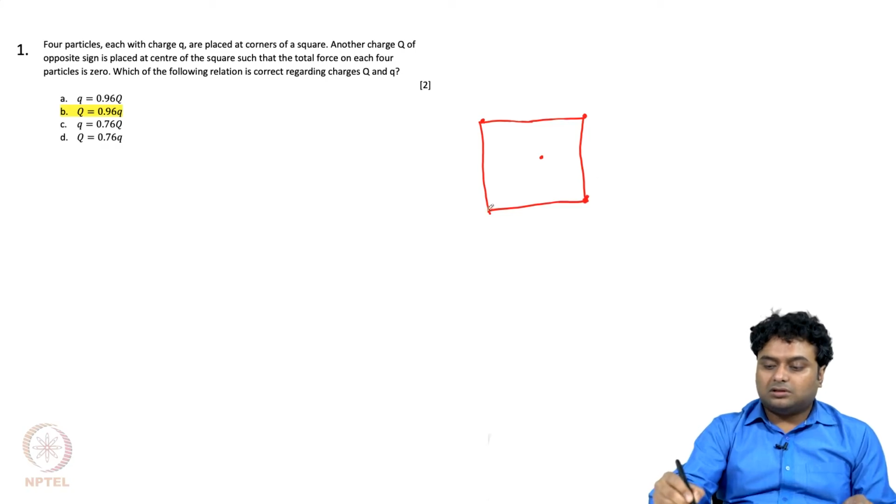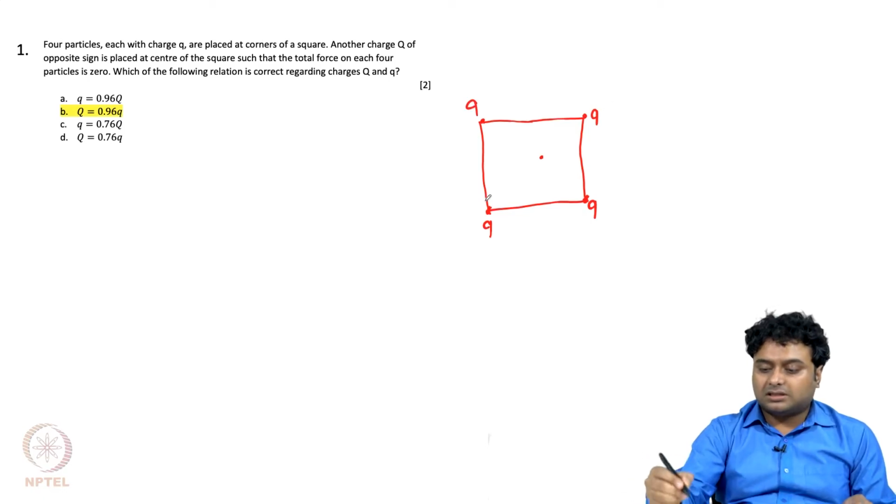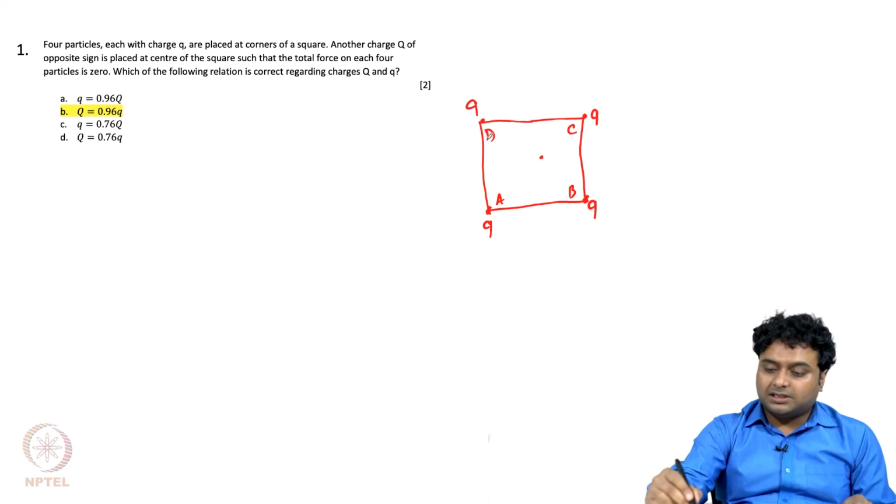Now, these small q charges are all of the same type, so they will repel each other. Let us name these corners A, B, C, D. So, the charge present at corner A